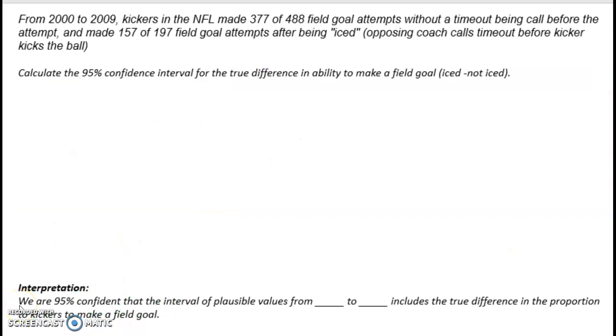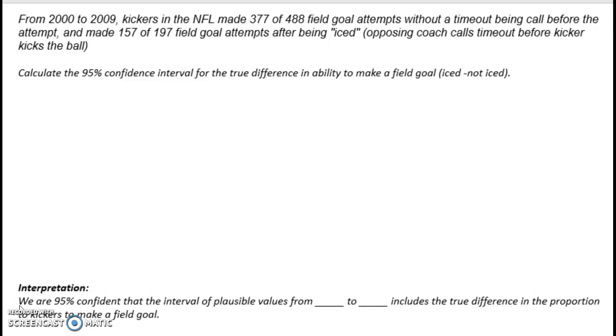So for our first example, from 2000 to 2009, kickers in the NFL made 377 out of 488 field goal attempts without a timeout being called. And they made 157 out of 197 field goal attempts after being something called iced, which basically means that if you're playing a football game and there's something really big on the line, and a kicker is about to kick a field goal, and that field goal could determine whether a team wins or not, well,